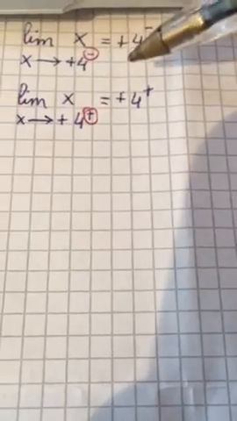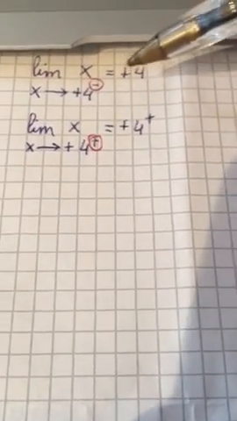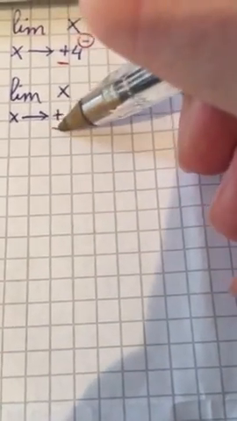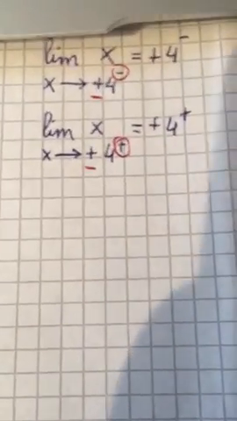So in this case, the sign which is behind the number indicates the position from which the function is approaching a value,